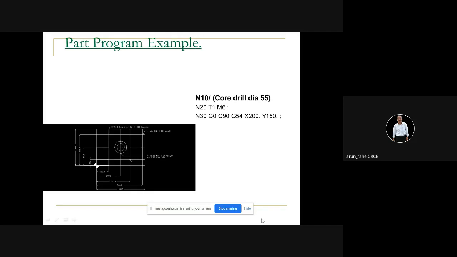And this is what is called the workpiece offset. So G0 is rapid, G90 is absolute, G54 is the workpiece offset. Generally you have 6 offsets: 54, 55, 56, 57, 58 and 59. So you can mount 6 workpieces on a table, 1, 2, 3, 4, 5, 6. And for each workpiece you can give the offset in 54, 55, 56 and so on, so that your machine can run unmanned. So you don't have to stop.